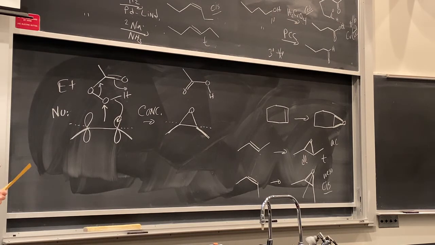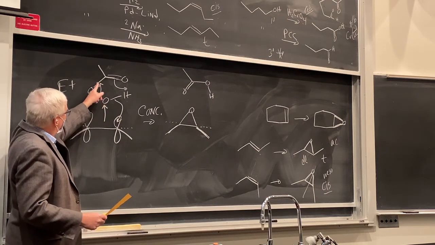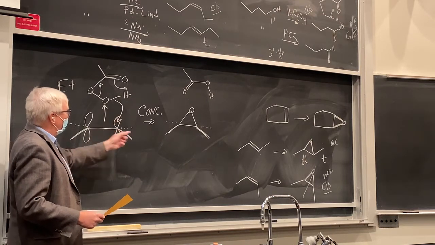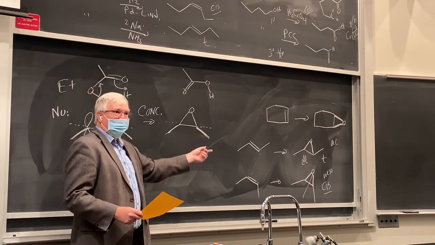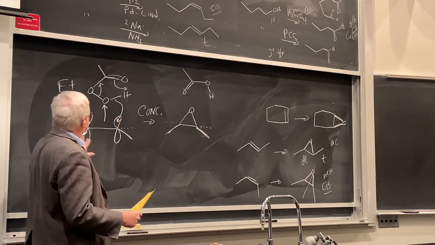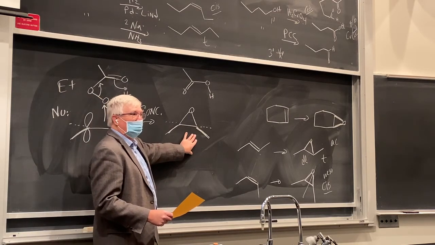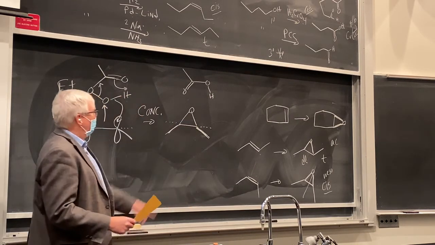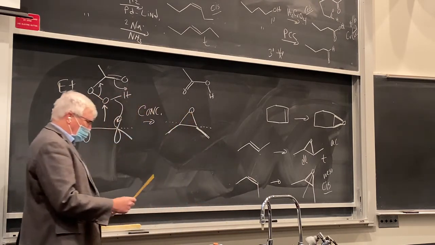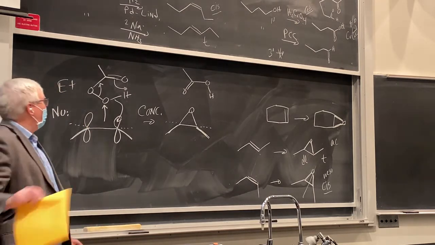You can do it stepwise and see, but if you just did this step here and stopped there, you'd actually have a carbocation here. And if you could rotate around that carbocation, you might scramble the stereochemistry. But it's known to be stereospecific. In one step, you can see that trans and cis go to trans and cis products directly. Okay? So the one step thing reinforces this idea right here. Questions on epoxidation? Okay, let's do dihydroxylation,